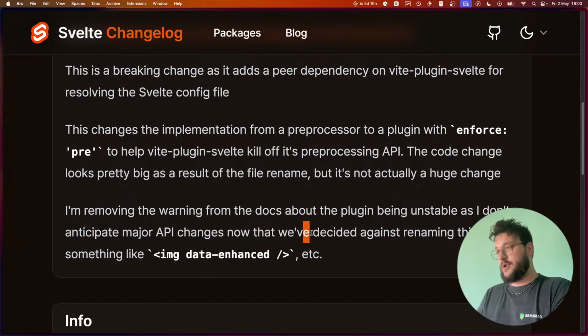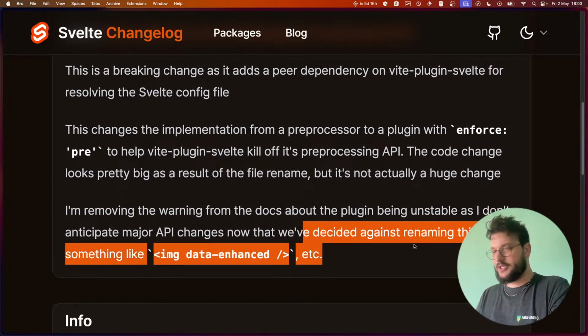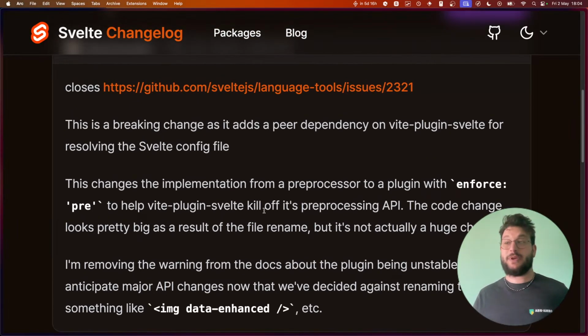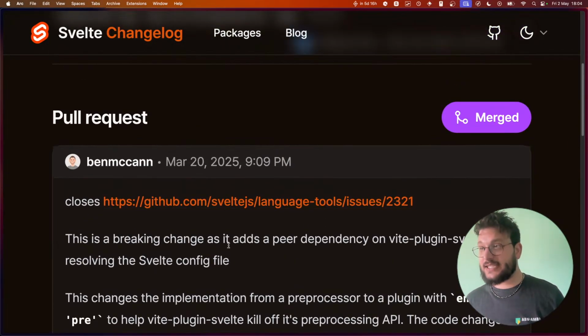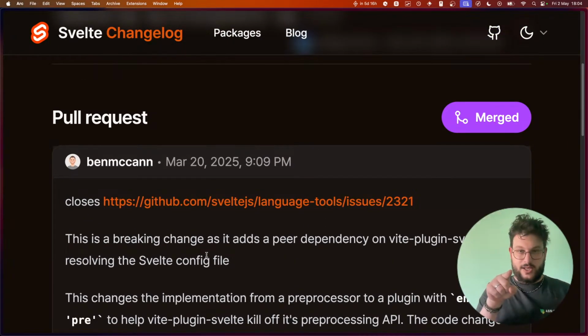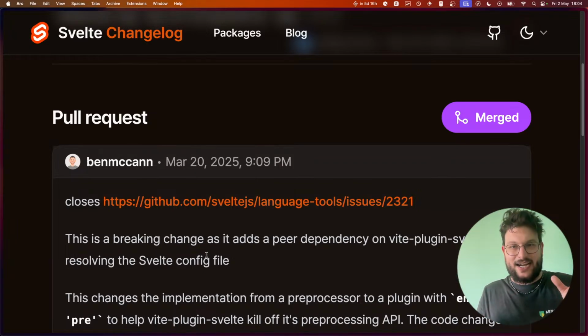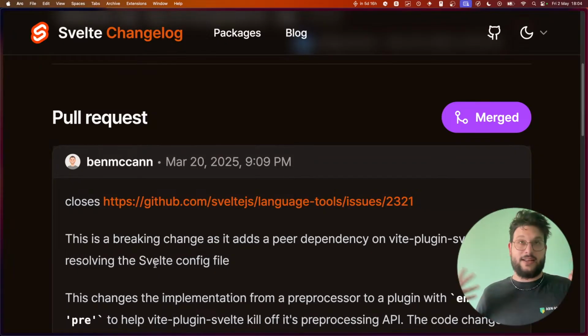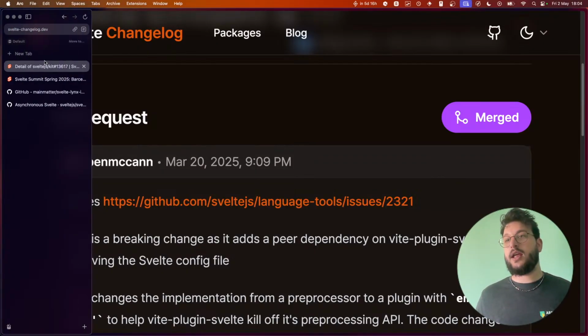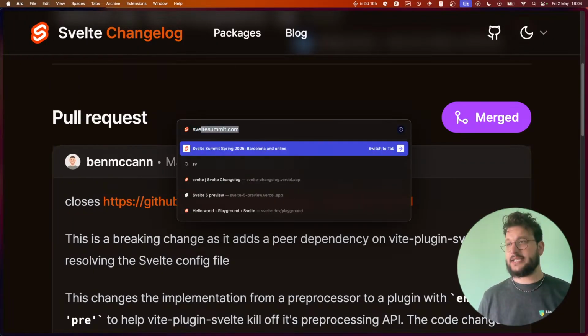Oh no, we have decided against renaming this. Okay, yeah. So basically, you have this enhanced:img, so you can write it just like a tag, and if you do something like this, basically you will get an enhanced image for free, that instead of using a normal img tag, it's actually using